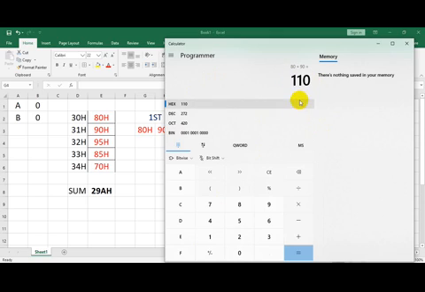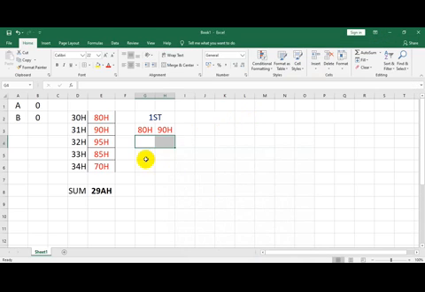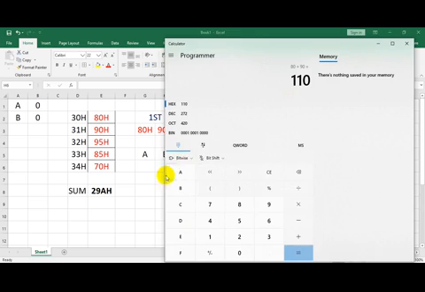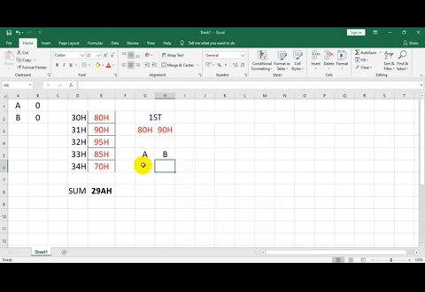It means the result is greater than 8 bit. So in this case, there is a carry being generated. The lower byte, that is 10, will be stored in accumulator. Since a carry was generated, you will increment the contents of register B to 1.